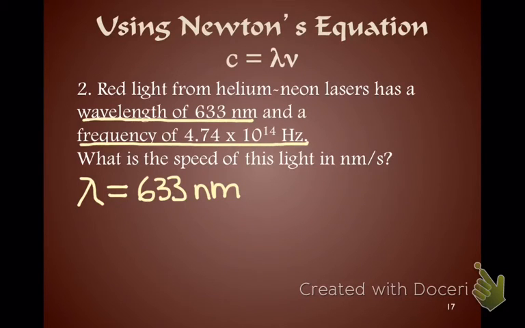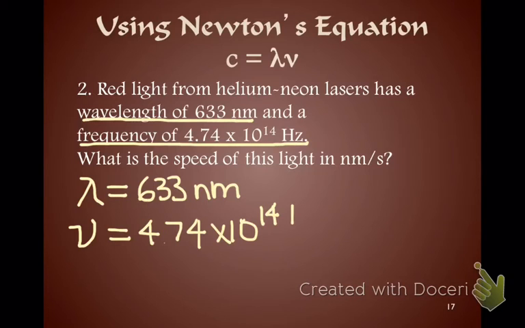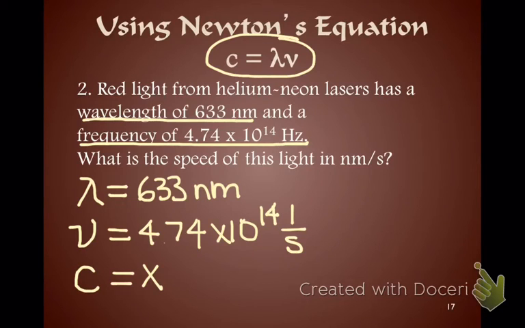We also see that frequency is 4.74 times 10 to the 14th hertz. Frequency is represented with the letter nu. 4.74 times 10 to the 14th hertz is the same as 4.74 times 10 to the 14th per second, which is 1 over second. Okay. The speed of light is a constant, but we're going to solve for it this time, so possibly you want to write it as x. So now we can substitute into this equation. C equals lambda nu, so C equals x, our unknown, or it also equals